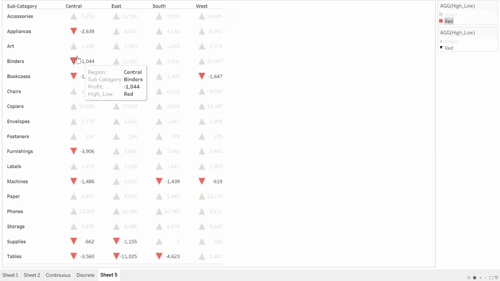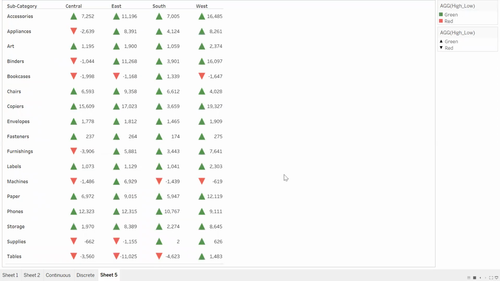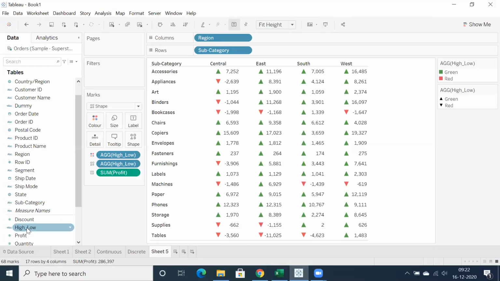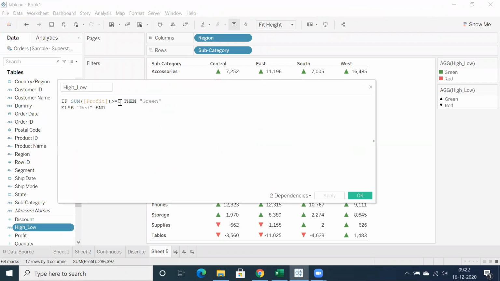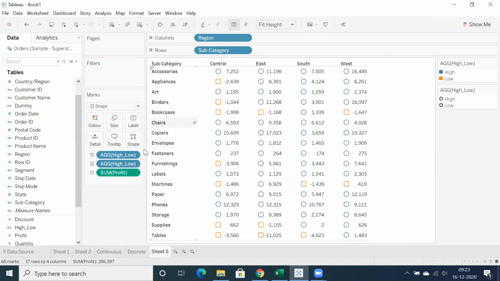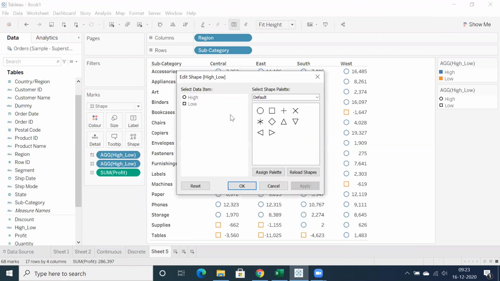You can do some testing to check whether we are getting proper indicators or not. Clear? This looks good, right? Can you please edit that calculation? Let me see. It's a very simple calculation, which we are showcasing as profit greater than 0. Simple text. If you want to showcase high, you can name it as high, and this is low. Any text is fine. It's a very simple calculation, but the approach is different. So we have to assign a different calculation.